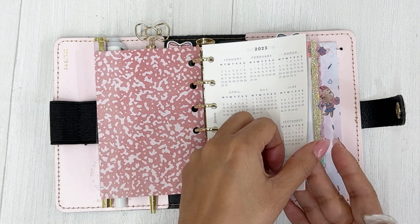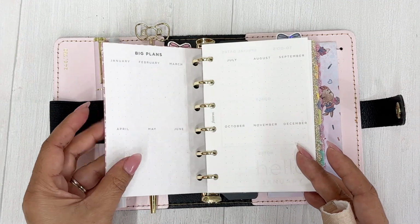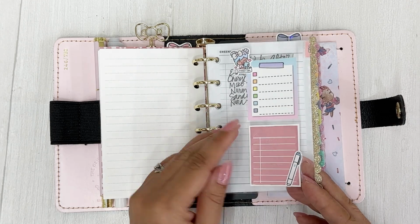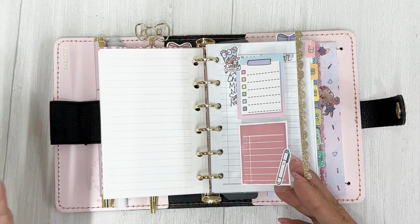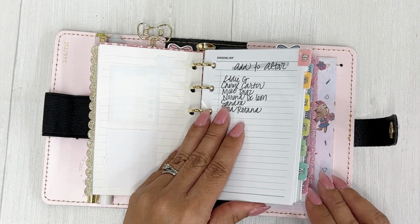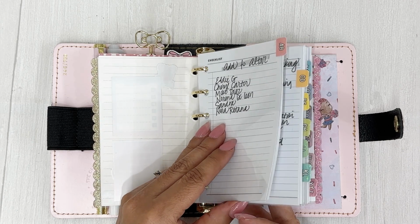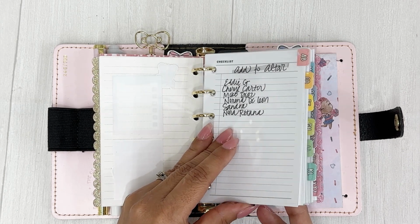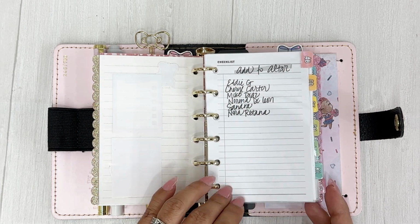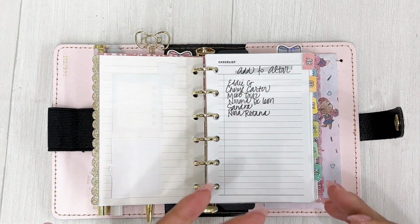And then I have a 2023 calendar. This is what came with the Filofax. So I just kept just that portion. And then again, you know, my acetate with the glitter edgers, nothing new here. And then one thing that I did add is these alphabetical dividers or tabs. Very similar to back in the day when you had an address book, exactly like that. Okay, so I just have an acetate sheet with the tab, and this just helps organize my